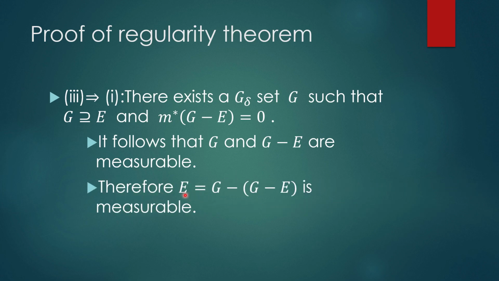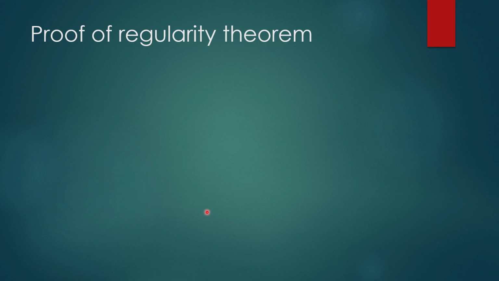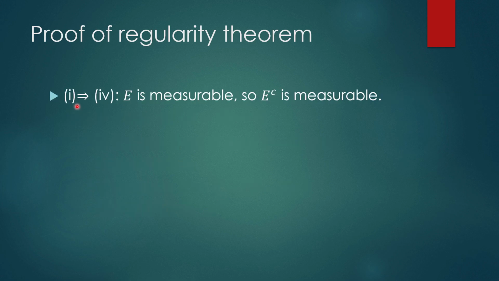E can be written in this form: G difference E, and this is measurable. The difference of two measurable sets is measurable, so E is measurable, and that is what we wanted to prove. So next, let us try to prove statement number 1 implies number 4, that we are going to assume that